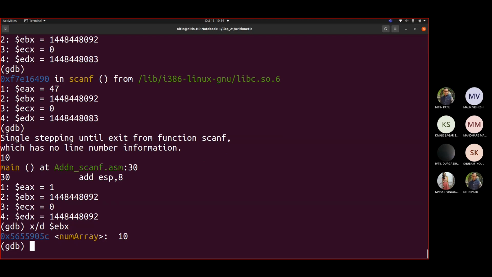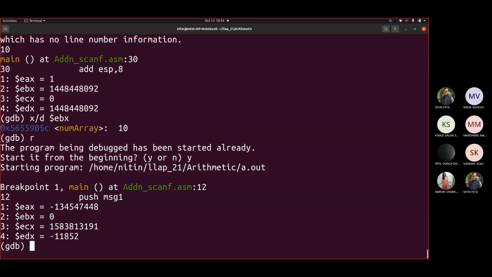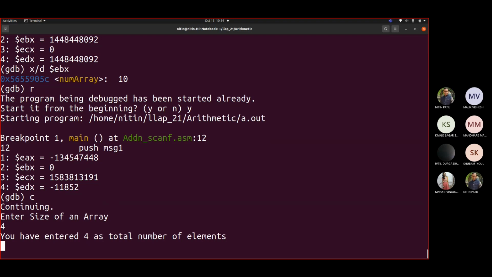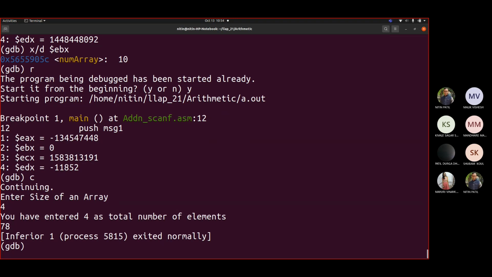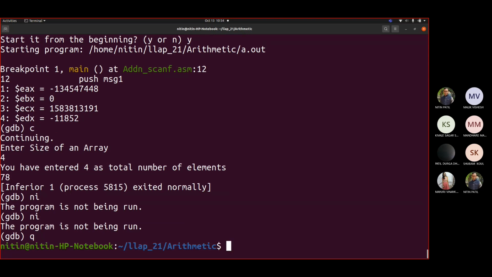Yes, correct. So let me run again. So let me write C, continue. Oh, so it is reading the array. So 4, you have entered total as 4. So let me write 78. Correct. So my value is not displayed yet. If I go somewhere, it would not be displayed because you are executing it directly.